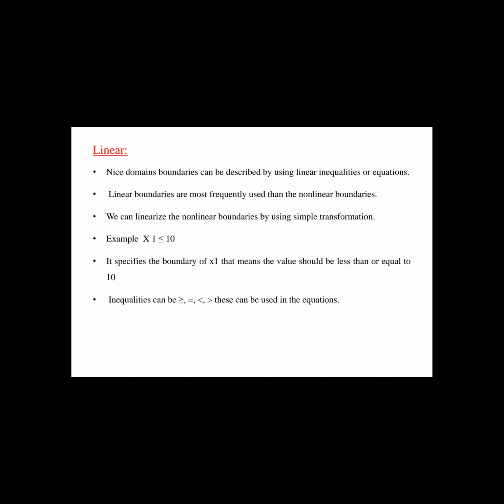When a boundary is in a non-linear format, you can also transform this non-linear boundary into a linear boundary, that is, the ugly domain into the nice domain, by using a simple transformation. A nice domain should be a two-dimensional representation. A nice domain is also called the boundary of the nice domain, which is represented in linear boundary. So I'm saying that the boundary has to be represented in linear boundary. That means the expression should be represented in an equation format.